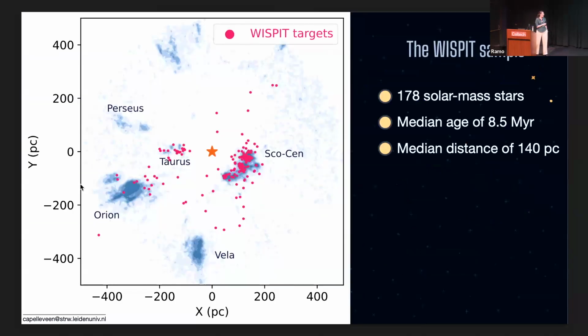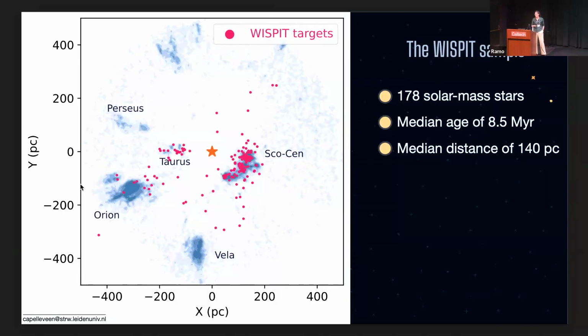So this is what it looks like if you plot the survey targets in a figure. We're at the center of this figure. In blue, you see all of the targets from the SARI catalog in a density plot. And as these are younger than 20 million years, it's not a surprise that the higher overdensities can be identified as some of the known young star-forming associations. The WISPIT survey targets in pink are then also, not surprisingly, mostly in these clusters, but not exclusively. You do see that many of them are also in the outskirts of these regions,